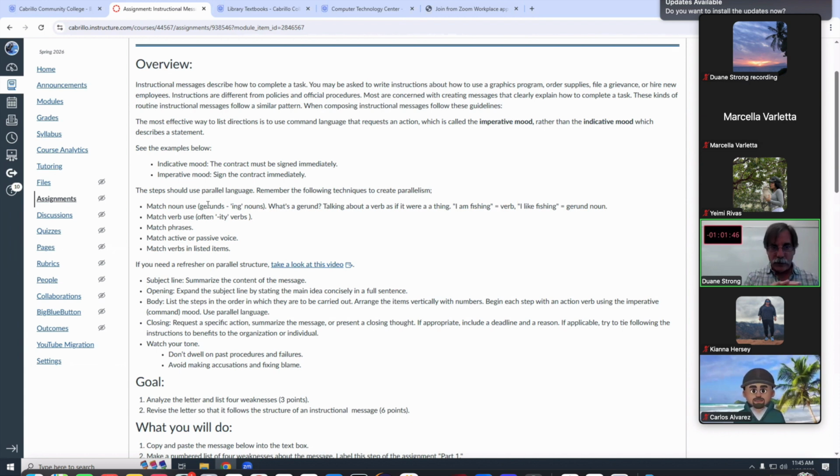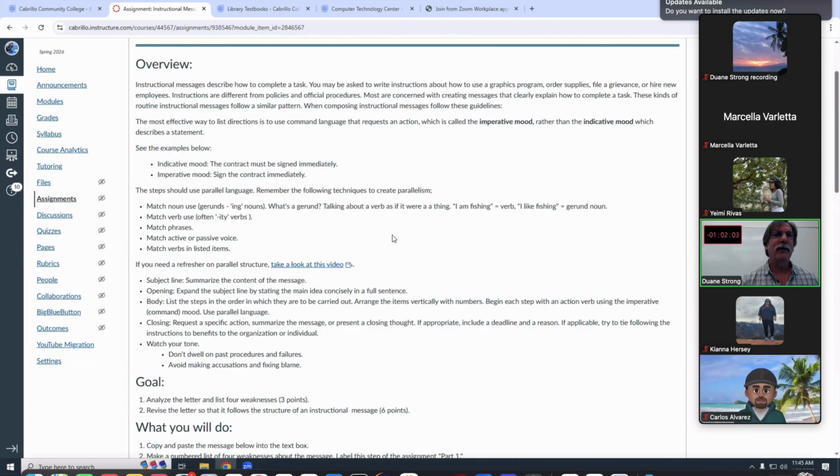So using those ing nouns in your instructions will also give you the ability to use that parallelism, right? Because it'll be like this thinging and that thinging and the other thinging.